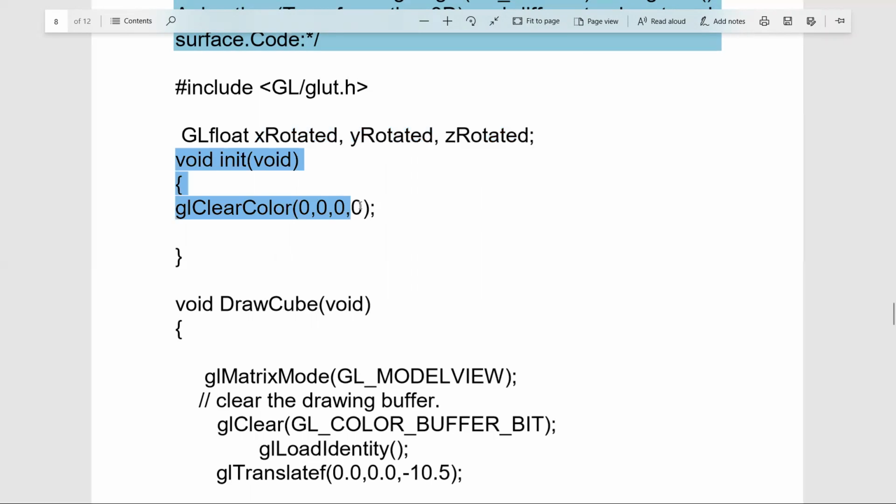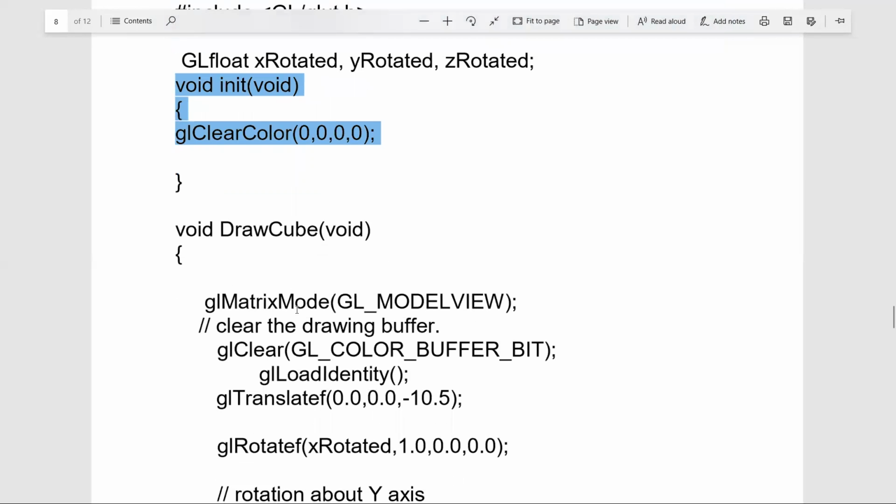There is an init function which is responsible for initialization. What is this init function doing? It is clearing the color palette, using 0, 0, 0 as the values of RGB. R is 0, G is 0, and B component is also 0.